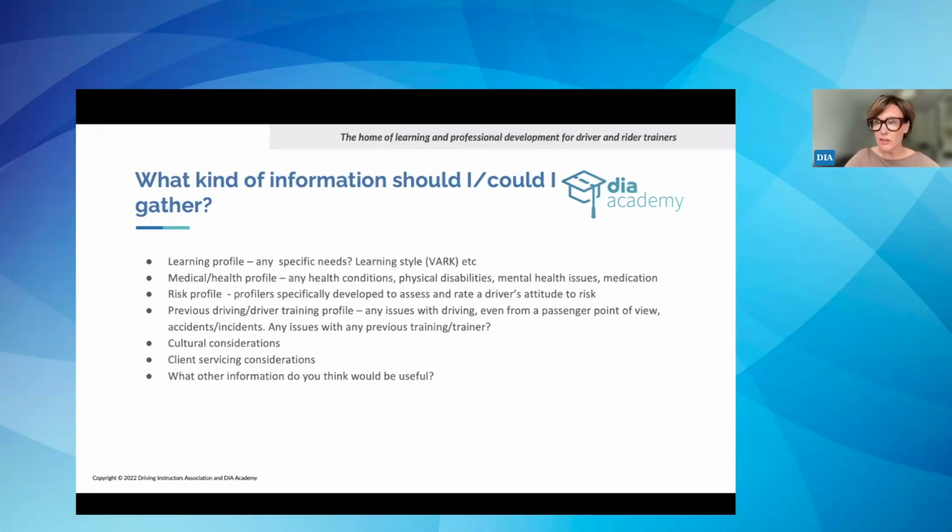In fact, she was significant in setting up Driver Metrics, which is one of the more well-known risk profilers in the young driver space. And we're doing some work with Lisa and co on the use of risk profilers and being able to bring those to the industry at an accessible price that they can be used by an ADI regularly should they wish to incorporate that into their screening.